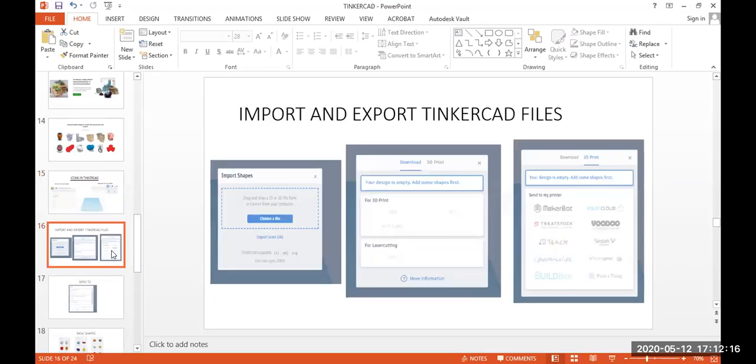These import and export options of Tinkercad I have already explained. You can import 2D or 3D files. You can export your Tinkercad file for 3D printing or laser cutting, or you can share your Tinkercad file to printers.